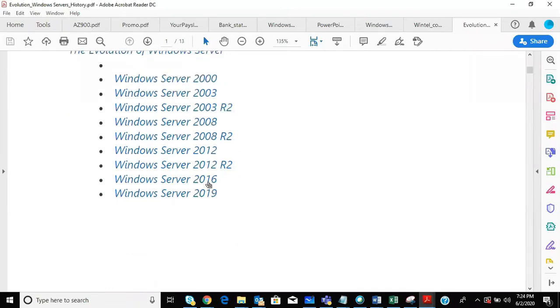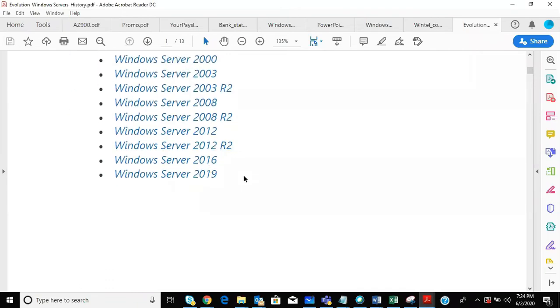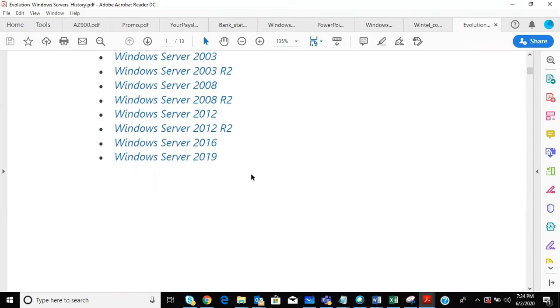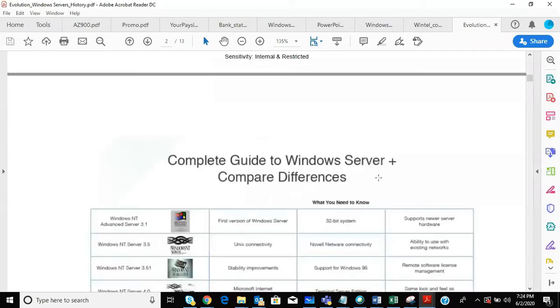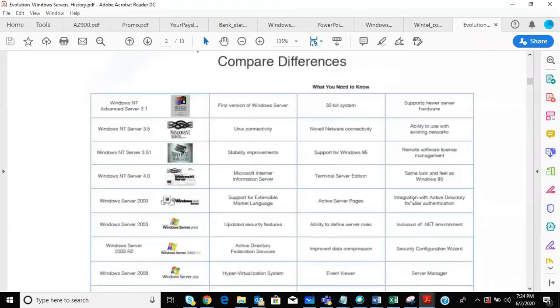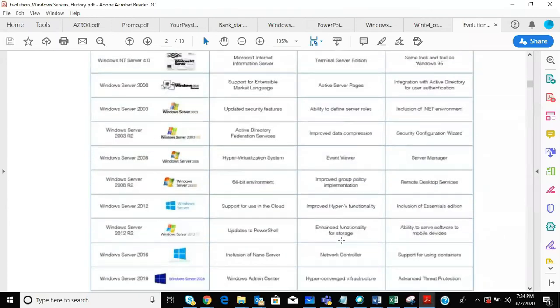And we talked more about 16 and 19, right? Nano, Docker, cloud-friendly features and Kubernetes, KaaS, Kubernetes container as a service. All those things got introduced in 2019 itself. And the Docker thing was introduced in 2016 actually, right? So this is the legacy, and how you are going to differentiate all of them feature-wise.